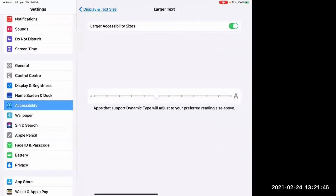But it also works with things like Messages, Mail, Safari Reader, a whole range of different things right across the Apple ecosystem, but also other apps that use that access to dynamic type. That dynamic type feature is available to all developers. They've just got to plug into it when they're designing those apps. When they do that, they make a better experience for all of us,